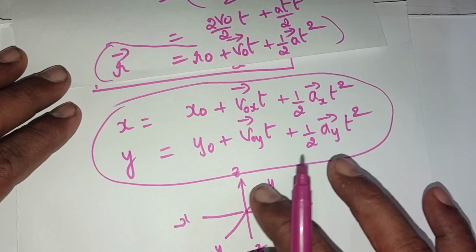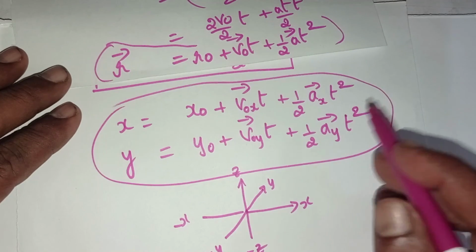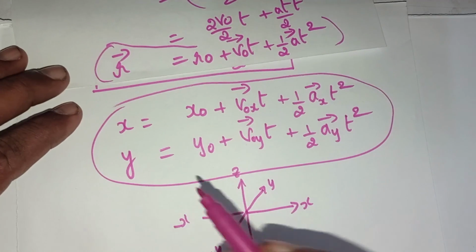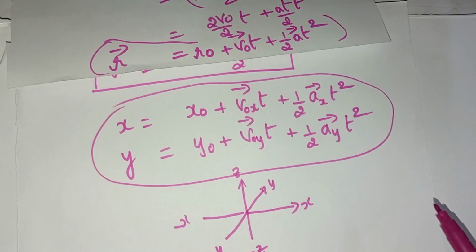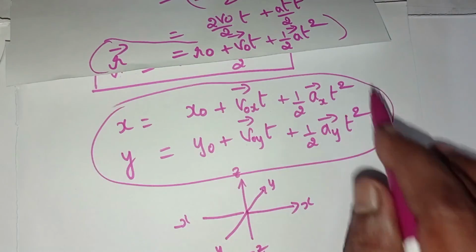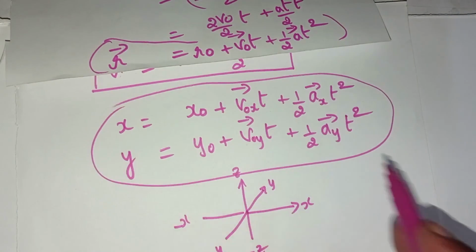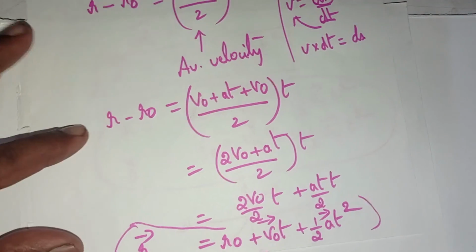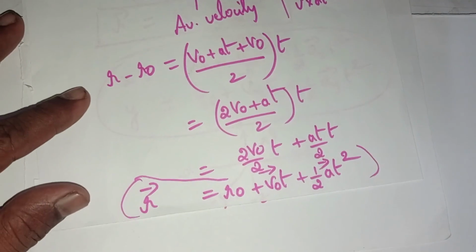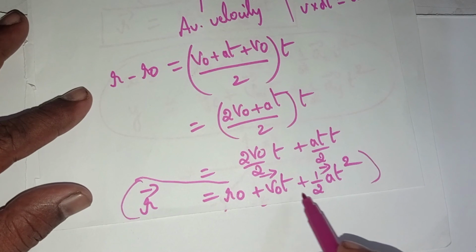If you consider all three components, then we have to include one more component, which is Z. Then the motion is said to occur in space. Now it is two-dimensional, that's why we got X and Y. So the general equation will be R vector is equal to R naught plus V naught into T plus half